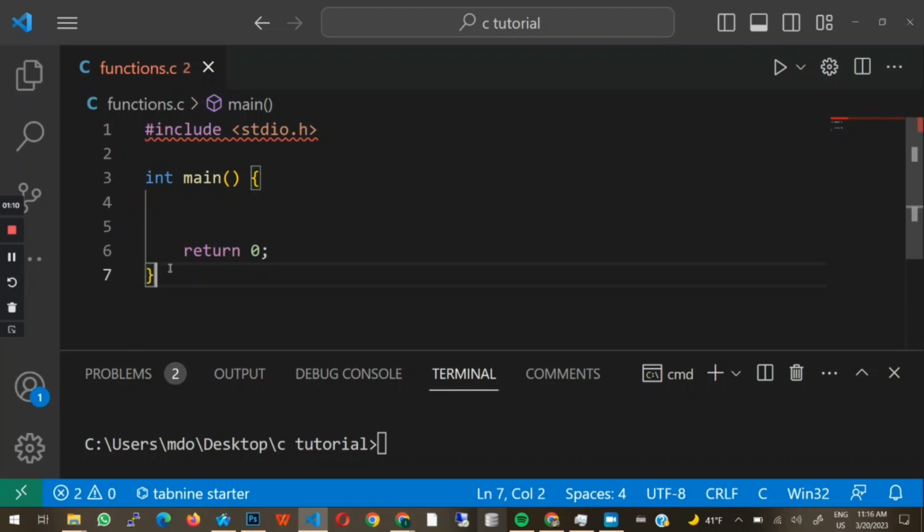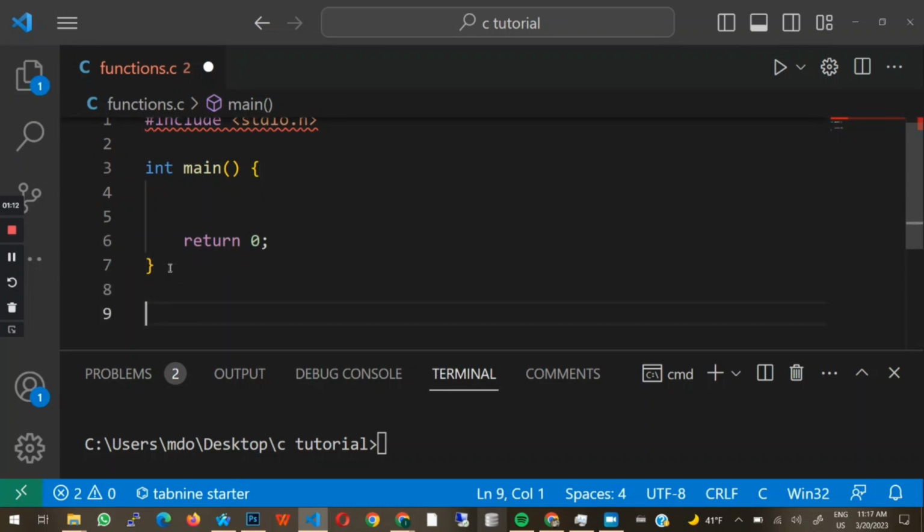So now I am going to teach you how to create your own function. In order to create a function, you need to give C some parameters. The first thing you need to do is specify what return type your function is going to give back. That is, anytime your function has finished running, what kind of data does it return? Whether it's an integer, a char, or a double, we have to specify it